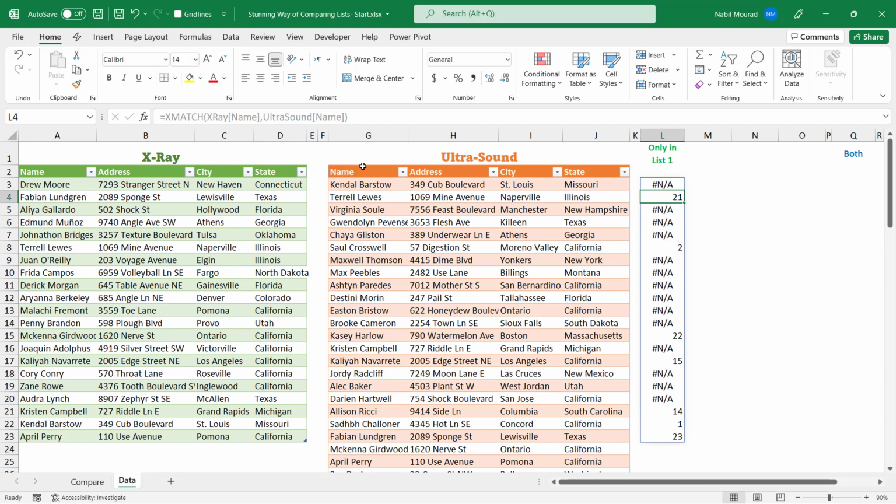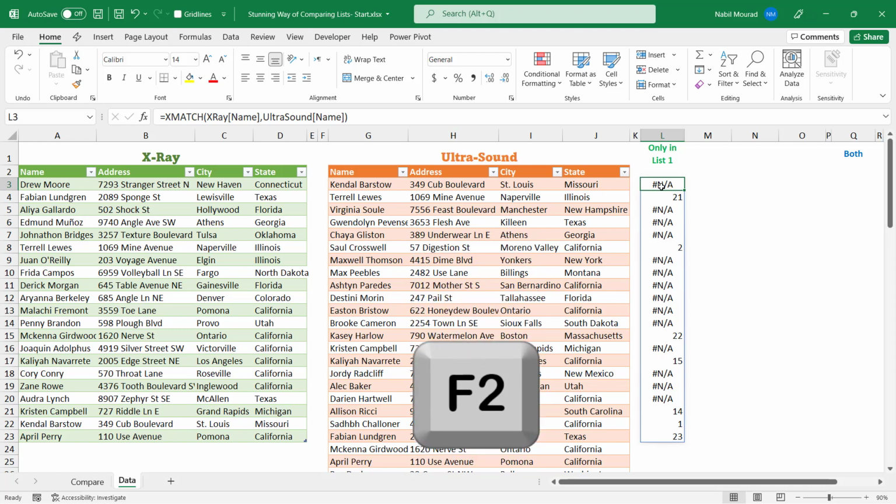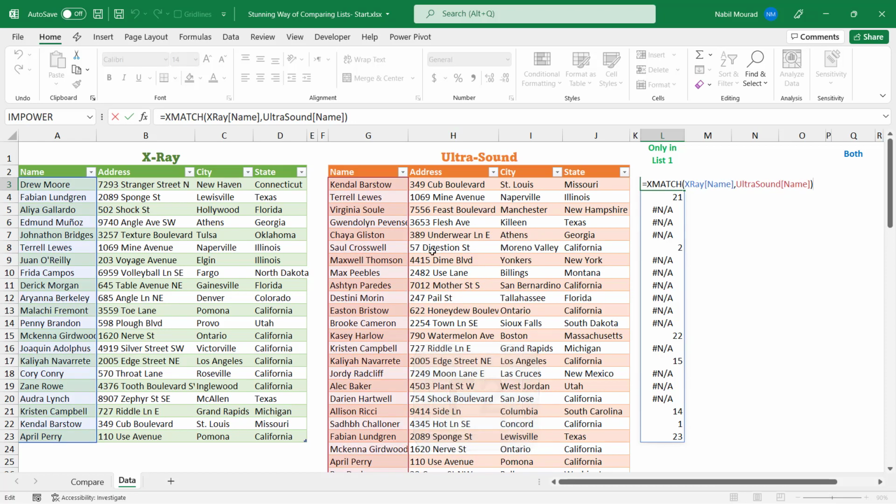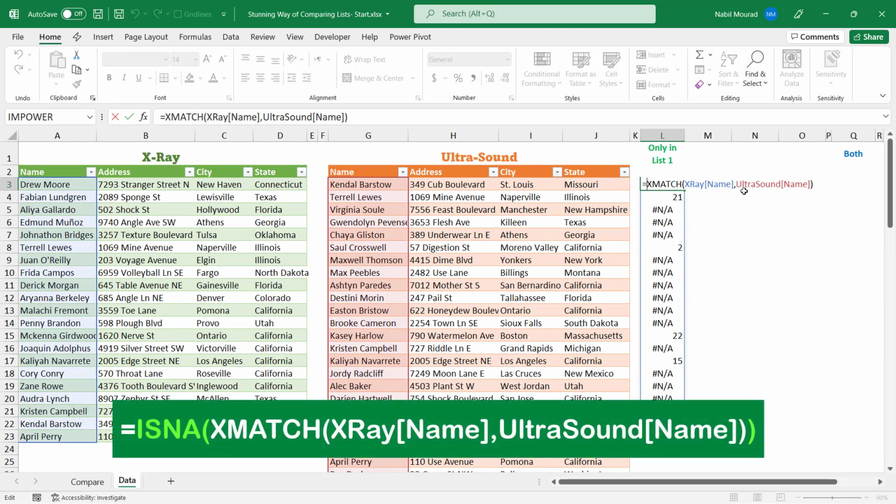Then I'm going to wrap my XMatch function in an isNA function. While if I want both records, I will wrap it in an isNumber record. This will return a bunch of trues and false. Then I select the first function because the function lives only in the first cell and it spills in the adjacent cells, and I put it in the edit mode F2, and I want to wrap my XMatch function in